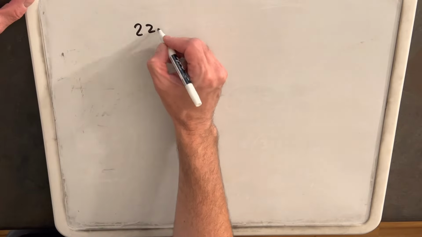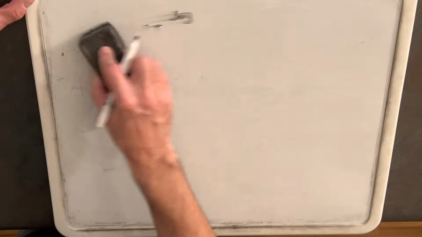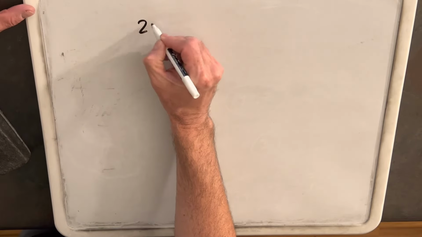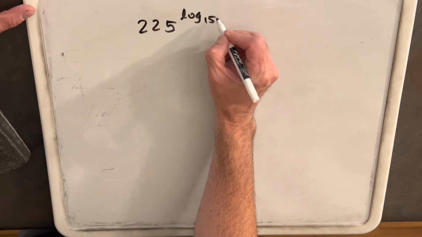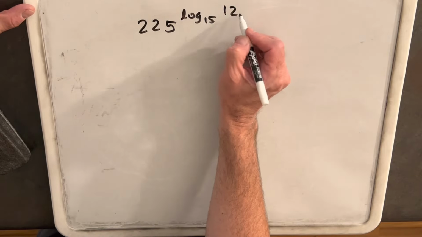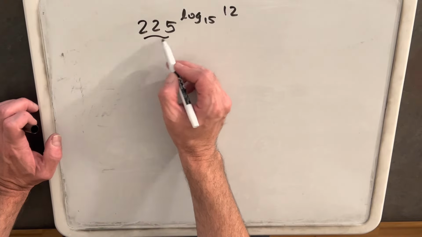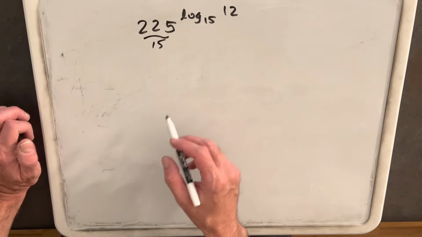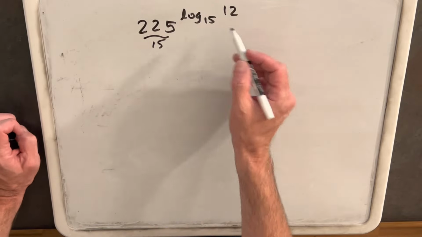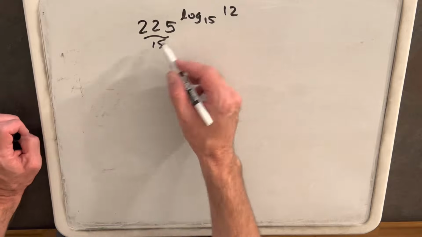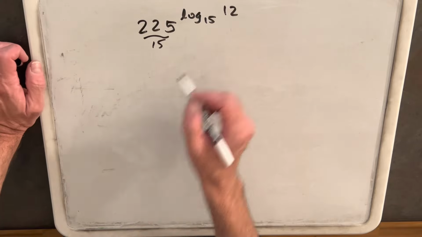We have 225 to the log base 15 of 12. Okay, now this would be really easy if this number was 15, because now we would just have 12. It would be the same property we used earlier: if the base is the same, then we just know it's 12. But it's not quite as simple. What we can do though,